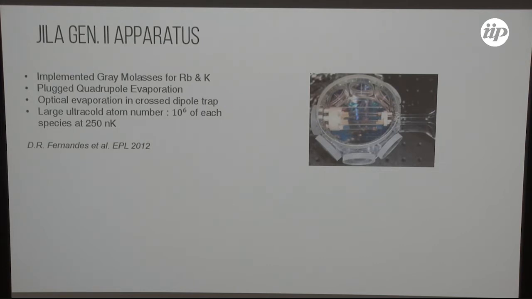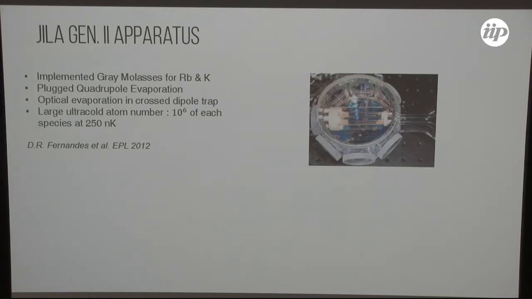And so there is the impossibility of having sub-Doppler cooling, but it's also very important for rubidium, for which people usually use conventional sub-Doppler cooling mechanisms. And we typically end up with around 1 million atoms in each species at a temperature around 250 nanokelvin. And the highlight of our new experiment is represented by this chamber on the right.